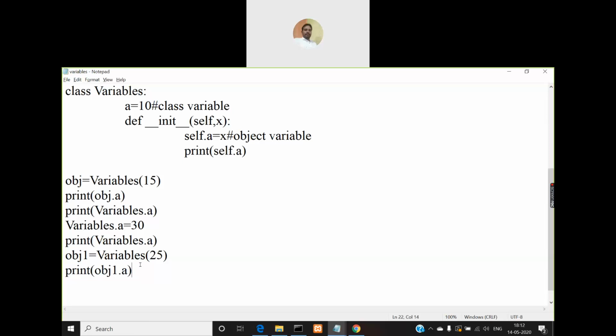But now if you print the class variable again, will this class variable value change? It will not change, right? Now I'll put this in comment, for example, or I'll change this a to s.